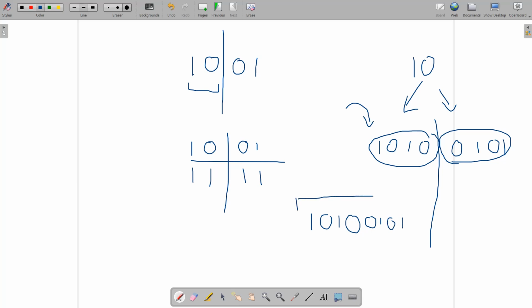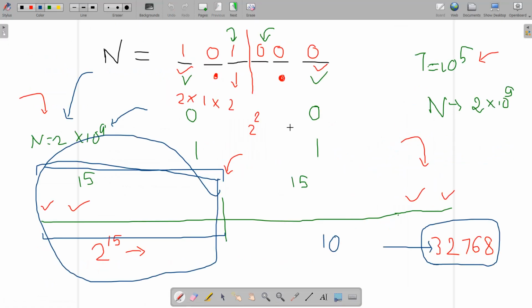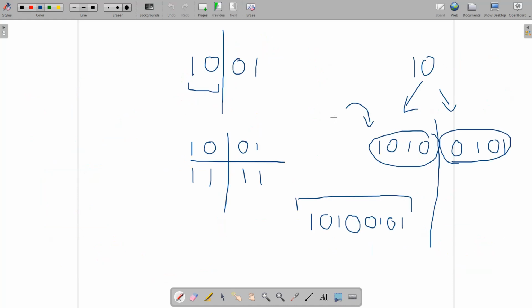For every number starting from 1 up to this 32768, I will pick up a number, generate the binary representation of that number, and try to make palindromes from that. You can see I can make an even length palindrome or I can make an odd length palindrome. For making an even length palindrome, just make a duplicate copy by reversing it and join it.